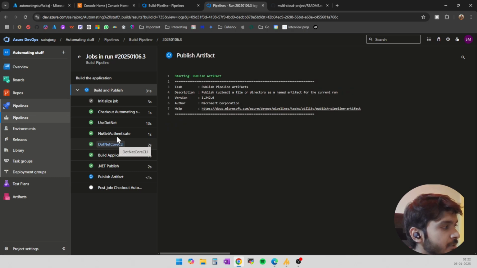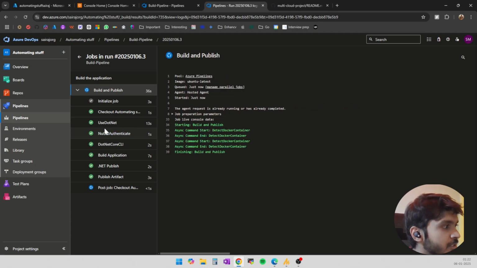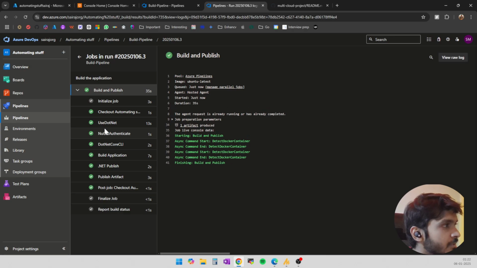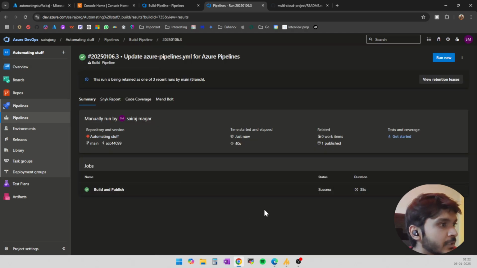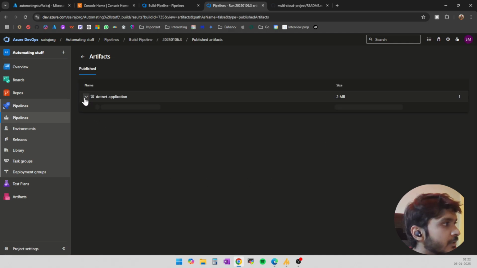Great. The application is built successfully and now published. That's great to see. Now finally we can also see the artifact is published here in the pipeline, and it's 2 megabytes, and we'll be using this artifact in our later stages to deploy our